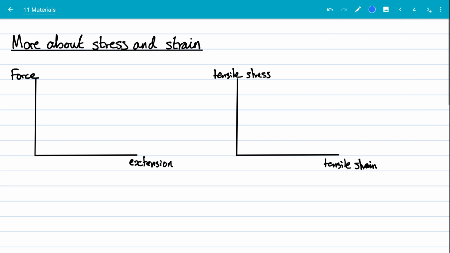It's a straight line, and then it stops being straight and it curves, just like that. And we know that the area is the energy that's transferred, the work that's been done when we have extended it. So we know the area here